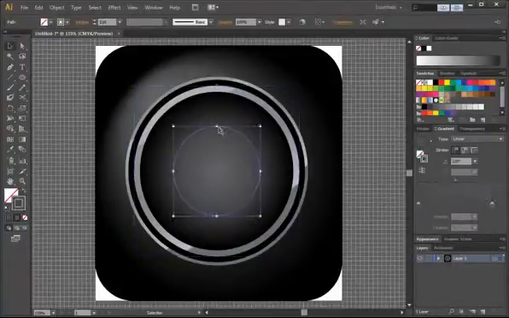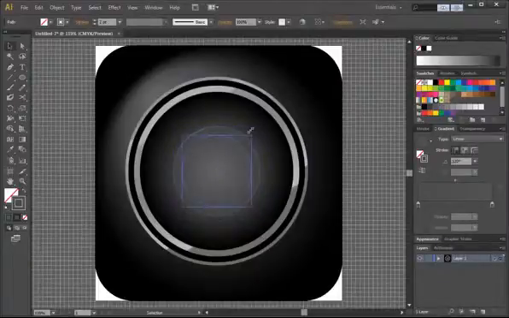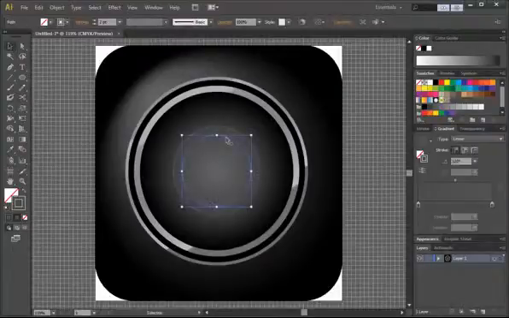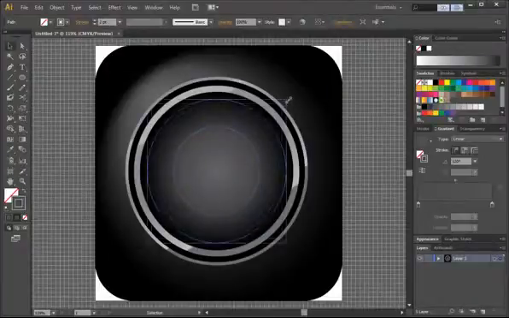Okay, and Control C, Control F again to duplicate and drag in to right around there. And this is just barely visible. Alright, now what we're going to do is take this inner one again, Control C, Control F. We'll enlarge it, and we'll remove the stroke